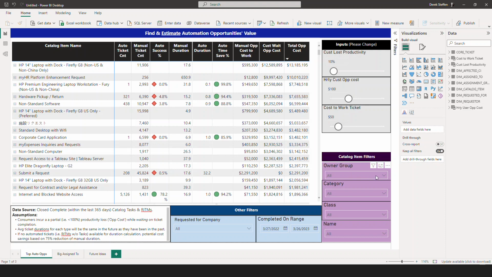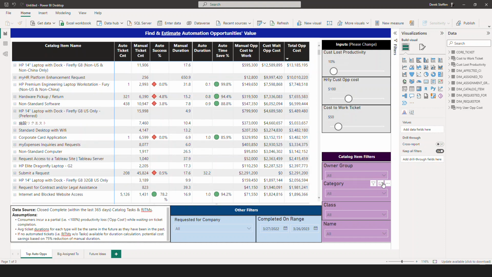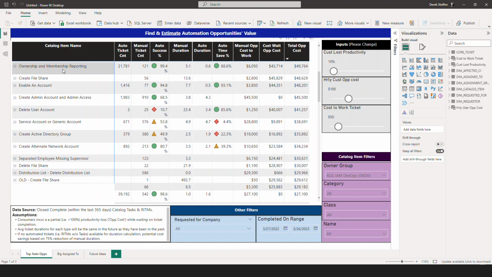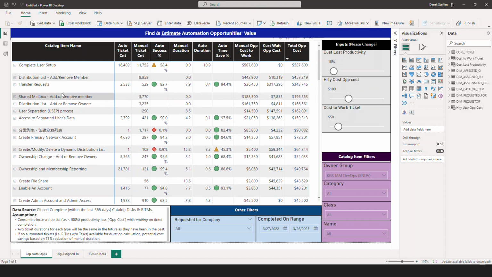This would be the owner of a cluster of catalog items. You can see this tool is organized by catalog items. And this will just help us focus in. I'm going to use one just as an example in this video, but you of course would want to use yours or the combination of ones that are relevant to you. But of course you can filter down however you want to. All right, so now we've got a subset of the catalog items in view here, and what is this tool starting to tell us? Well,